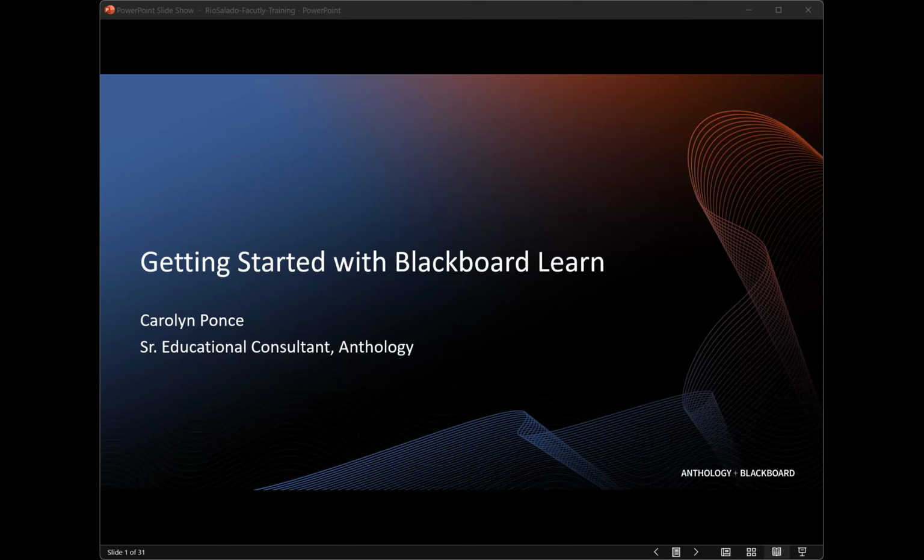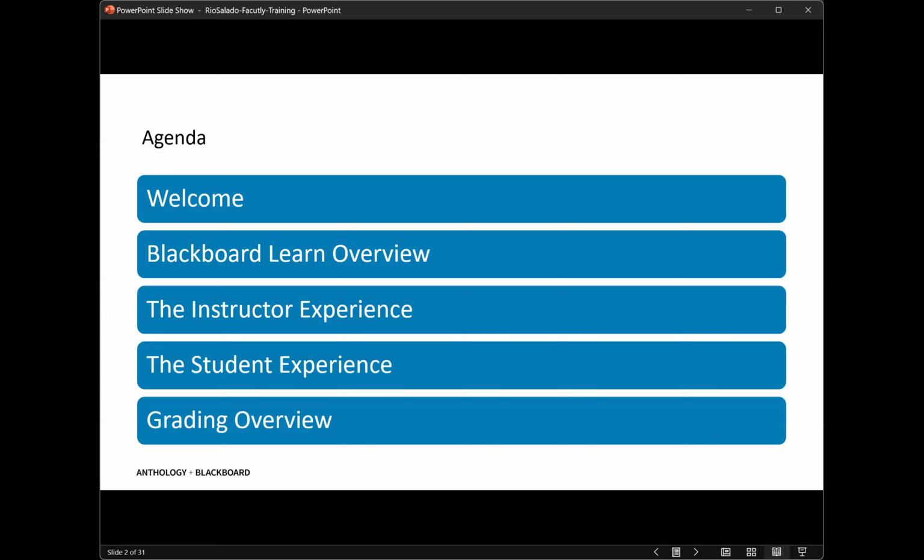And then the last topic for today is a grading overview. That way, for those of you who have not graded within Blackboard Learn Original before, you'll get the opportunity to see the Grade Center, the page that we call Needs Grading, and actually go through a grading scenario with a student submission. So that is our agenda today. About halfway through, we are going to take a break. So when we get to a good stopping point, or if anybody needs a break earlier than that, just yell break in the chat and we will take a pause. So that is where we're headed.